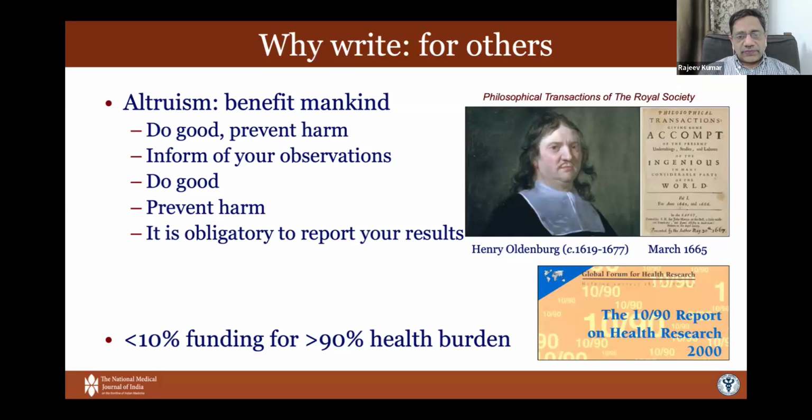Communicate your scientific knowledge. Since the only way of communication at that time was physical letters, the only way of getting through to a large number of people was to put it together in a compendium, and therefore you would write a journal. That is also one of the important aspects of writing today, that you wish to communicate knowledge.